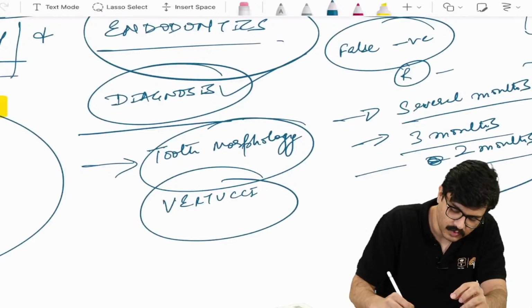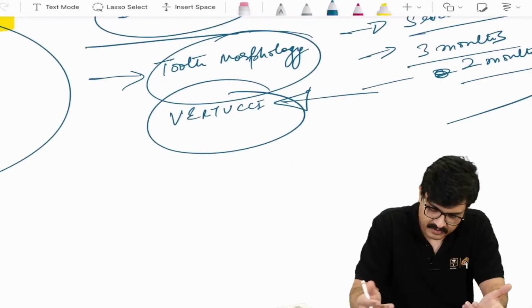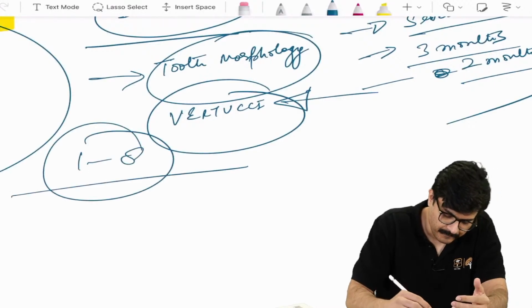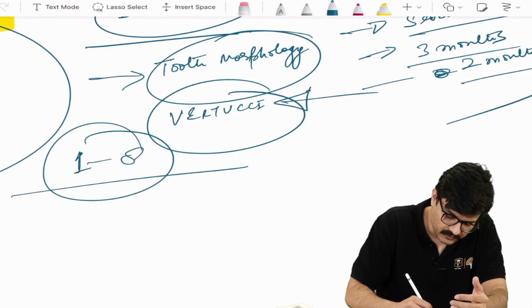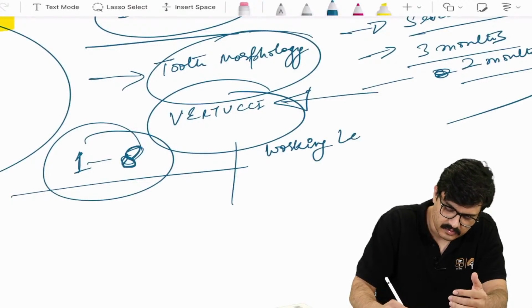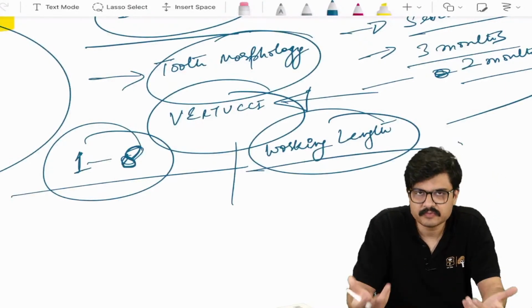I mean, that's one given. It's always asked in both I&I and NEET. So type 1 to 8, memorize it by heart. I do it in every video. So revise this, right? Then we move on to working length. You can get an image-based question, right? They would show you an apex locator and they would ask you what it is used for.